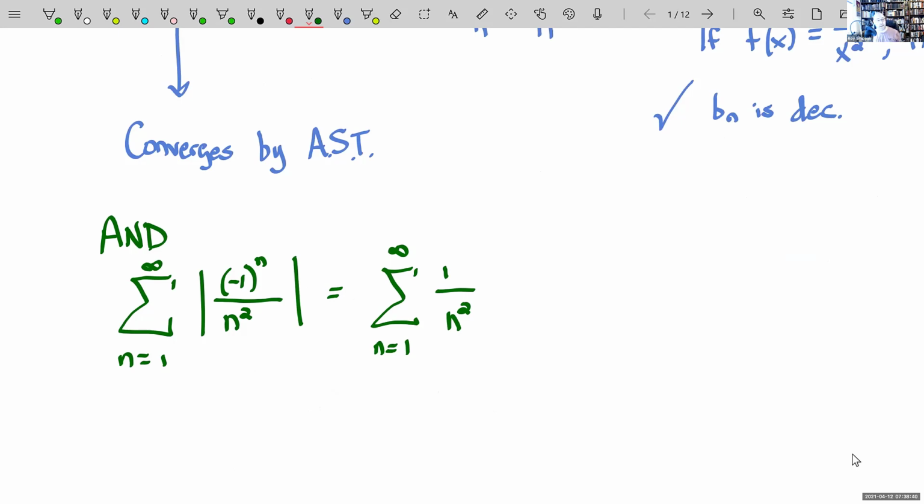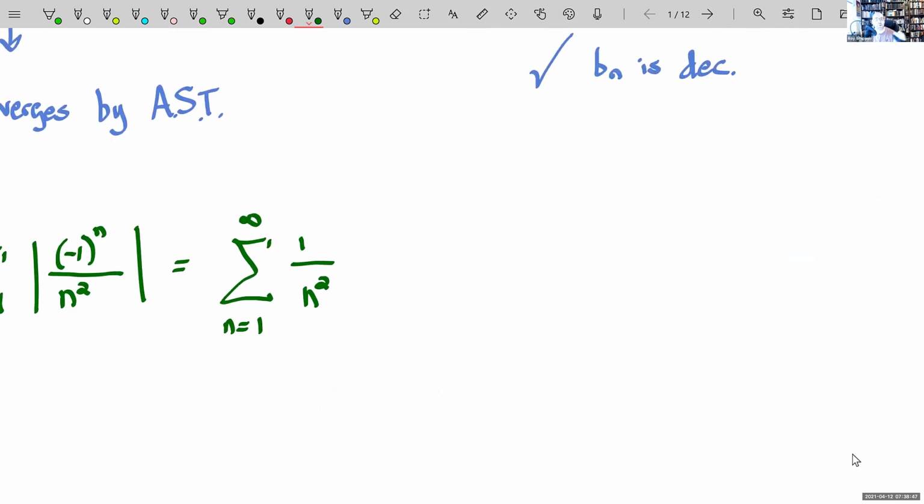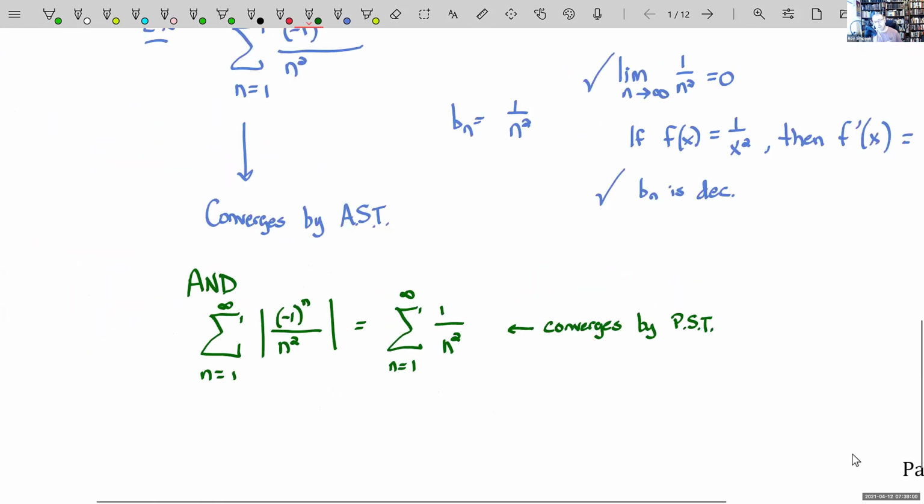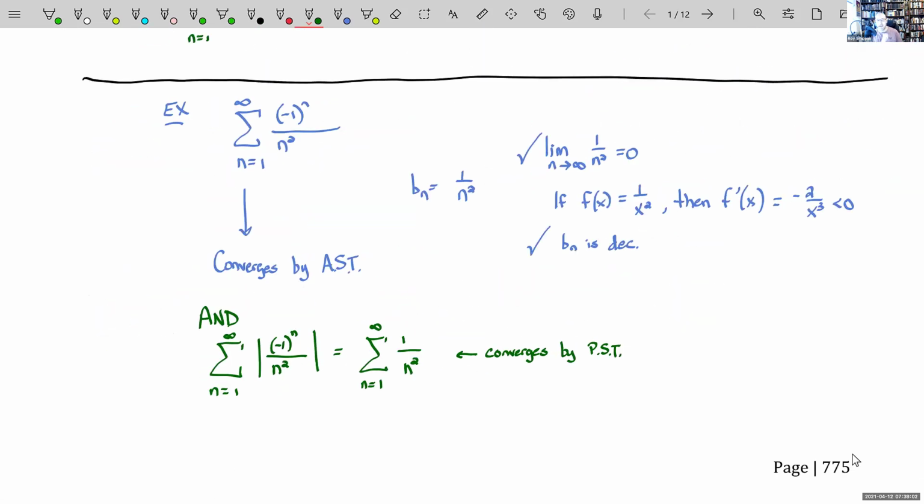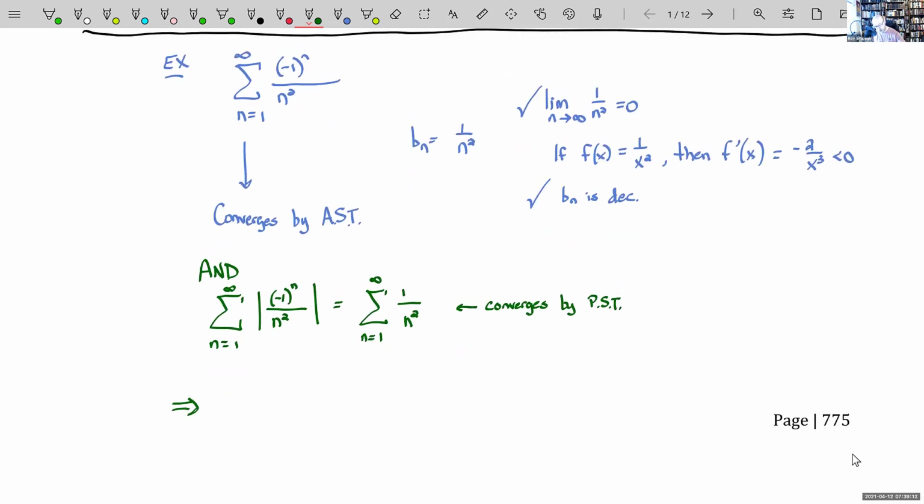The summation of the absolute values of the terms, well, that's a summation of 1 over n squared. And we know that converges by the p-series test. One of the rare instances where I can actually use the p-series test. So it converges by the p-series test. So look, not only does our alternating series converge, but the summation of its absolute value converges as well. If you combine those two arguments, that tells me that our original series,